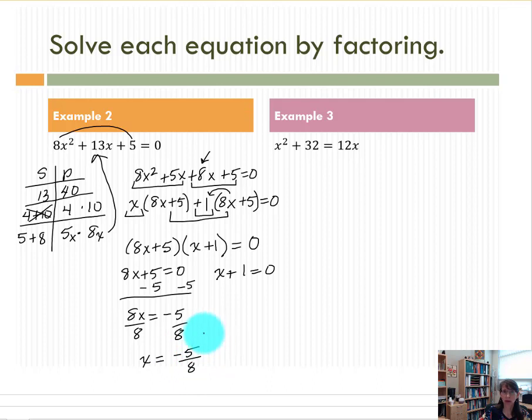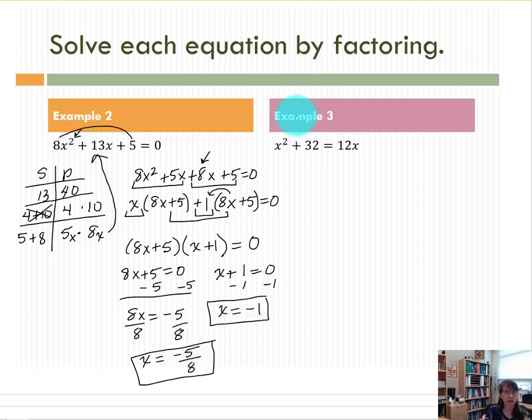And sometimes we do have fractions for the answer, and we also will have negative numbers for the answer, so that's okay. For the other linear equation we created, x plus 1 equals 0. We'll subtract 1 from each side, so x equals negative 1. That's our other solution. So we did start out with a quadratic equation, 8x squared, and we do have 2